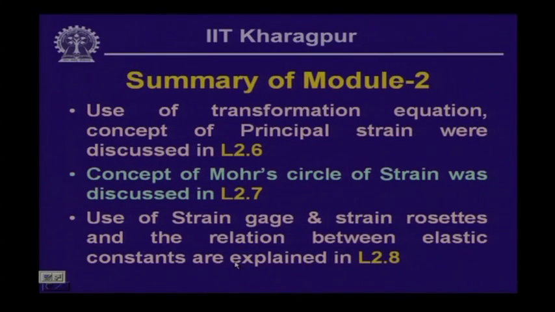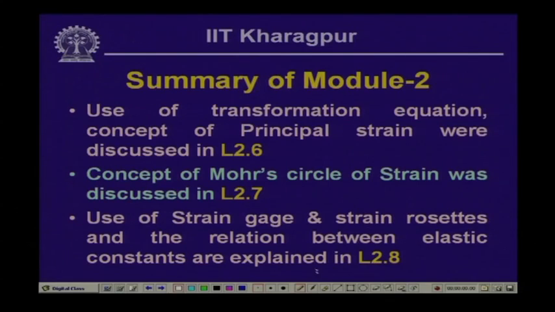In the sixth lesson, we had discussed the transformation equation, and if you remember, we had discussed this aspect in the first module on stress as well. At a particular point, if we are interested to compute the value of stress and thereby the strain, then we need to use the transformation equation if we orient the axis system from the reference rectangular axis system. That is what was discussed in module 2, lesson 6, where we had introduced the concept of transformation equations